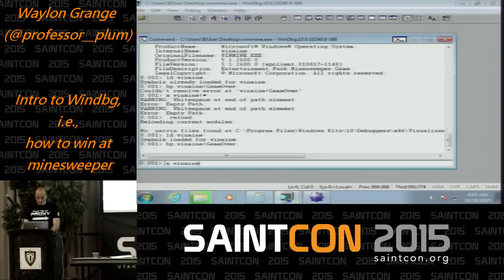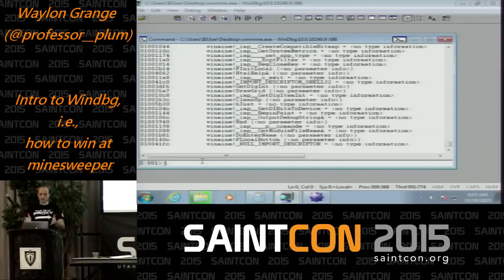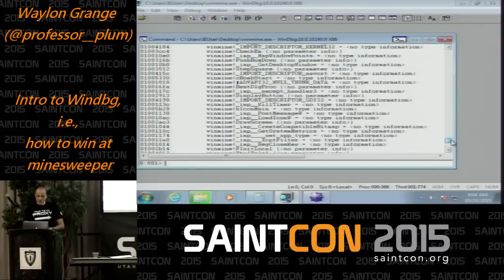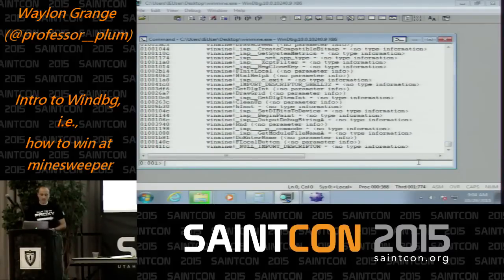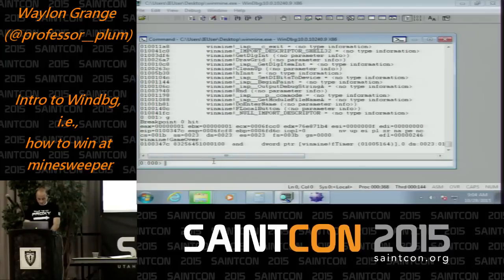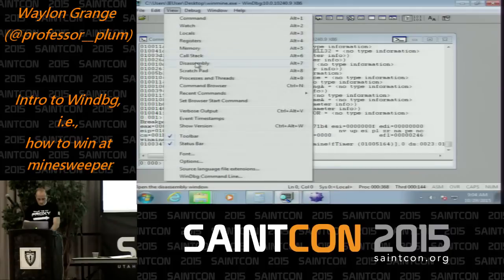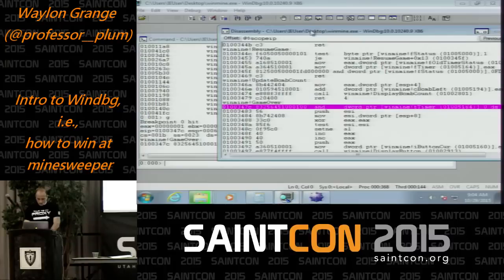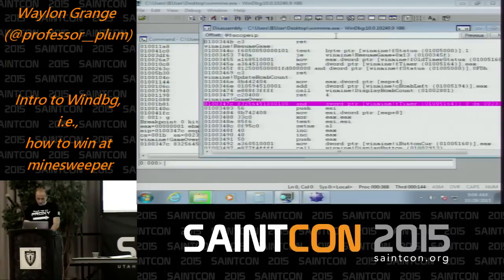But let's see if what I wanted to do earlier. Okay, cool. So I listed the symbols for WinMine. Out of the functions that I thought interesting, I thought game over would probably be something that looked at a bomb, right? To tell if it's a game over, it had to tell there was a bomb. So I've set a breakpoint on game over, and now I'll play until, oh, there we go. I triggered the breakpoint. So I can open a disassembly window and see where we are, and just kind of step through this to see if I can figure out